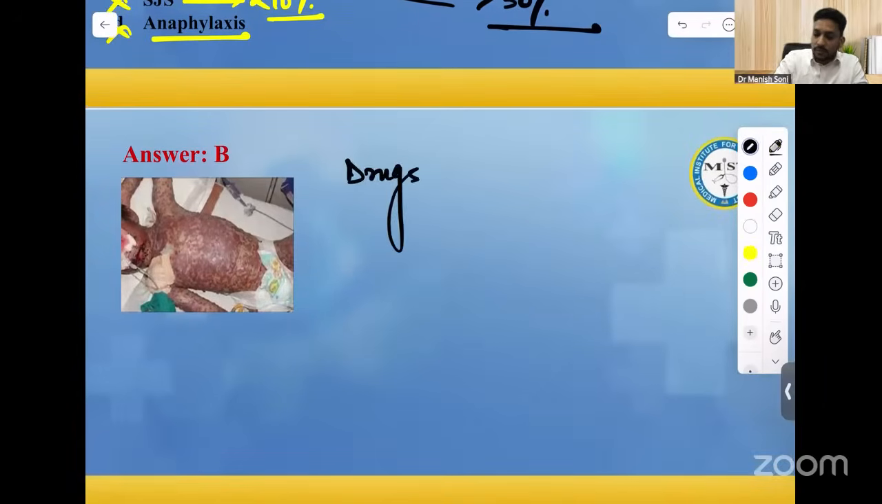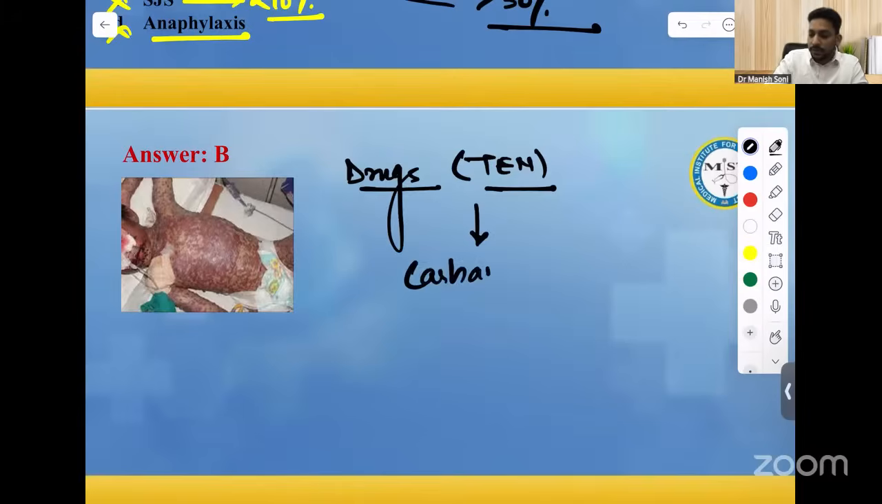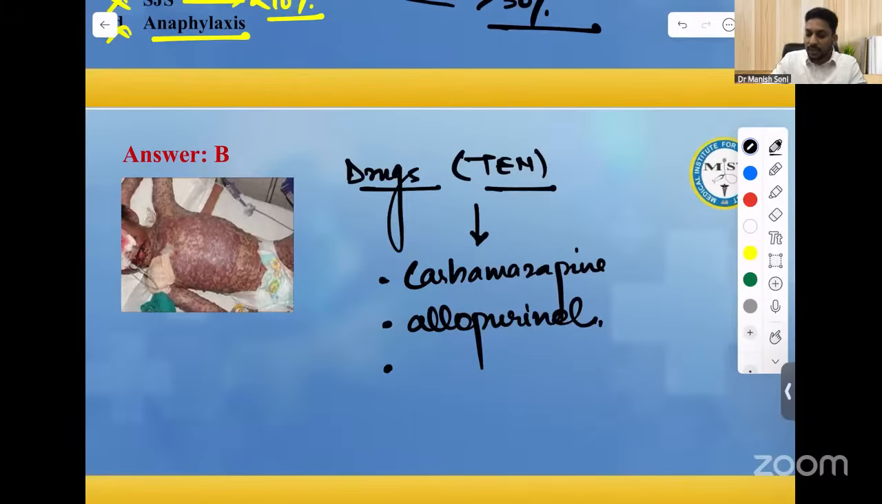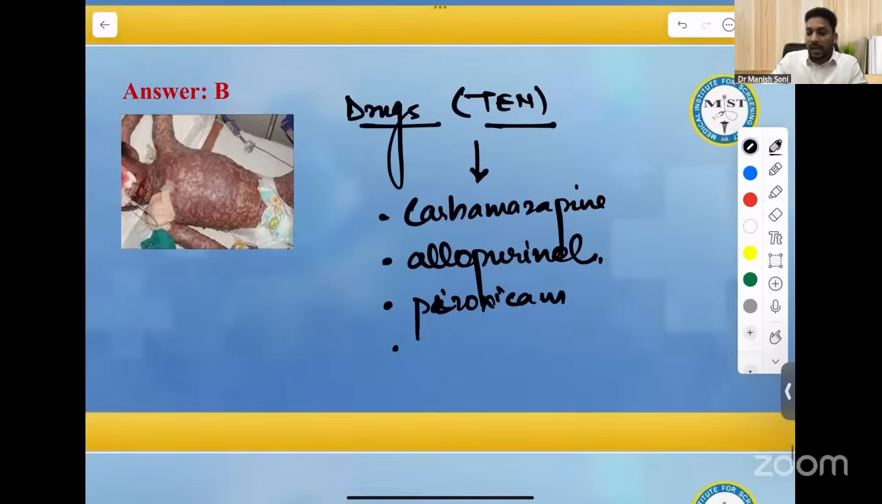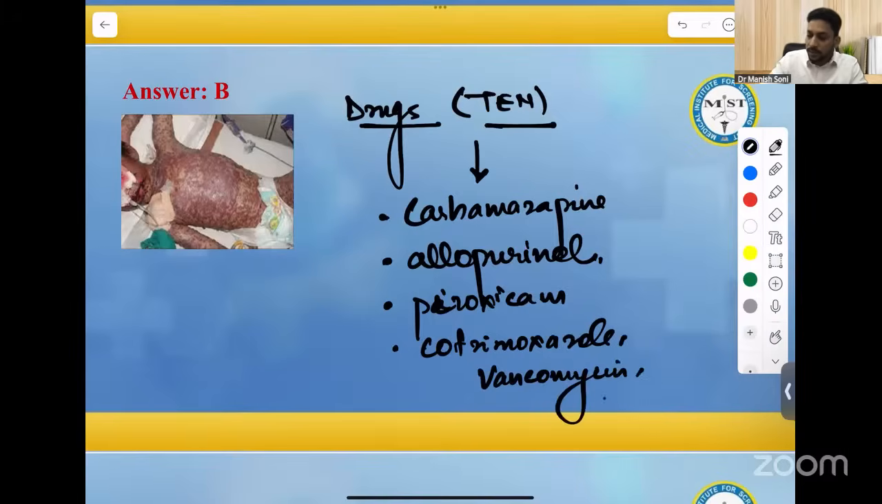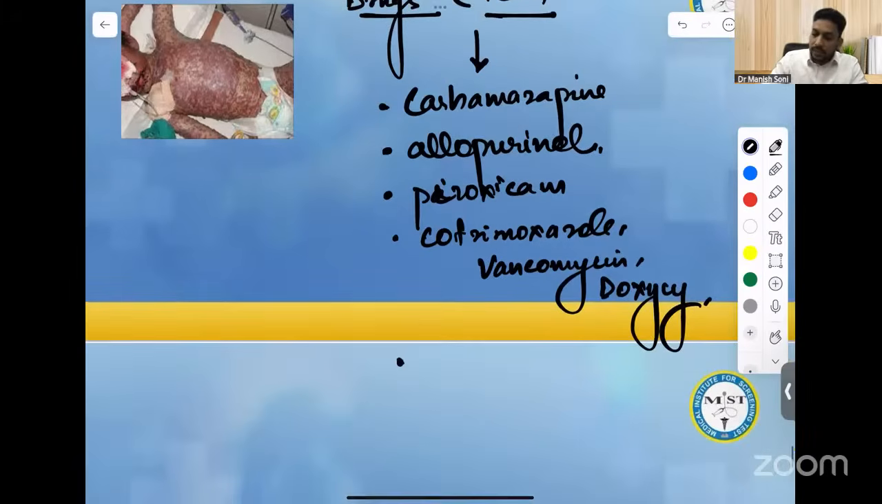So the drugs which can cause TEN, that is toxic epidermal necrolysis, are anti-epileptic drugs like carbamazepine, anti-gout drug like allopurinol, then NSAIDs, non-steroidal anti-inflammatory drugs like piroxicam, then antibiotics like cotrimoxazole, vancomycin, doxycycline, then anti-tubercular drugs like isoniazid, rifampicin,